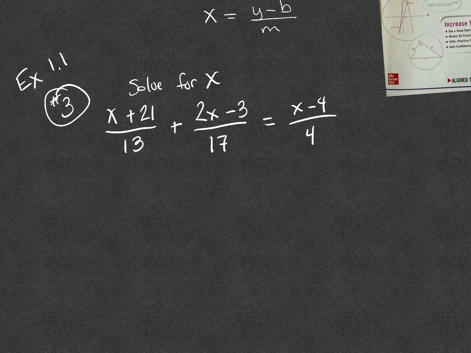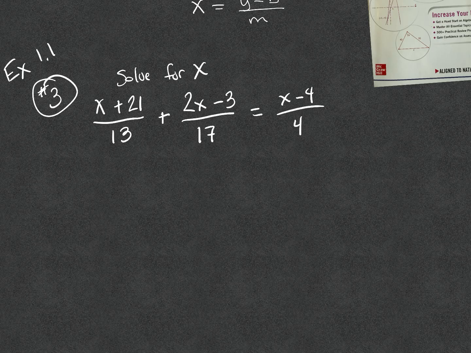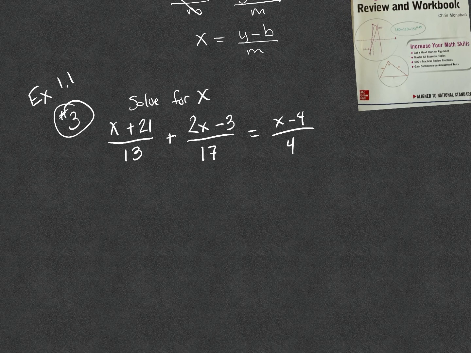In order to simplify the fraction, I need to find a common denominator. Now, these are large numbers. What can be done is that you can think whatever 13 times 17 times 4 is. To save us from doing all the multiplication,